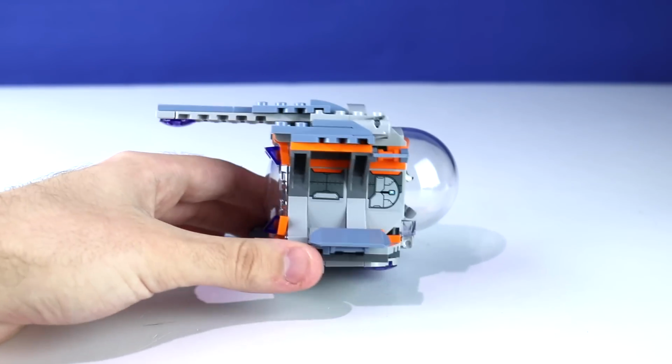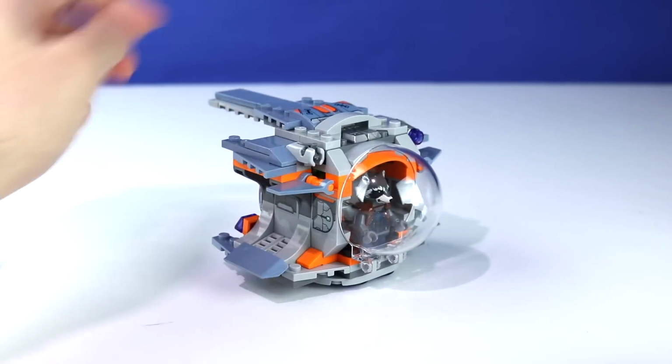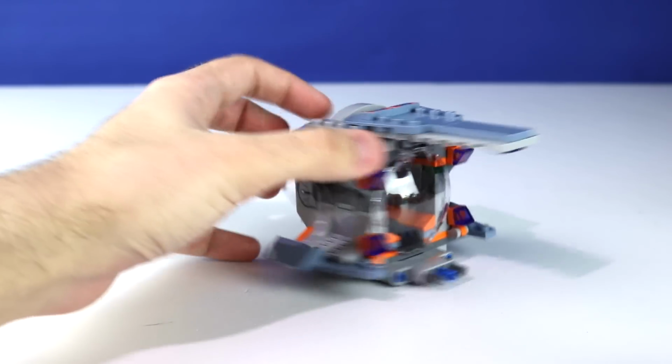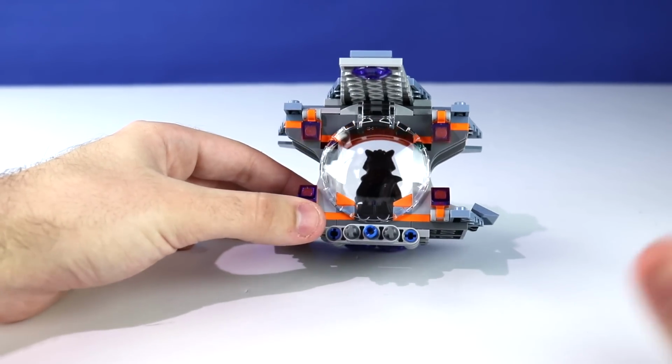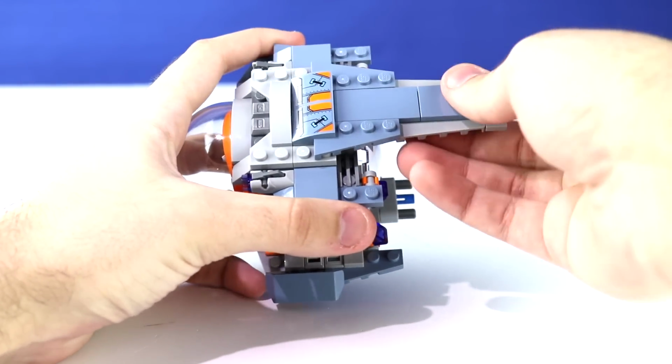And then you can see on the sides of the capsule, we've got more stickers for added detail, which are definitely pretty great. Exactly the same, just inverted on the other side. And then on the back, we have four purple cheese slopes for some lights, I would imagine. And then the entirety of the roof can be lifted off,